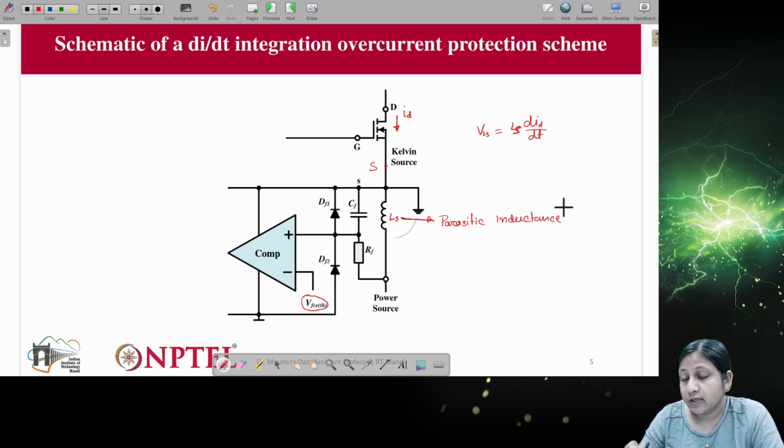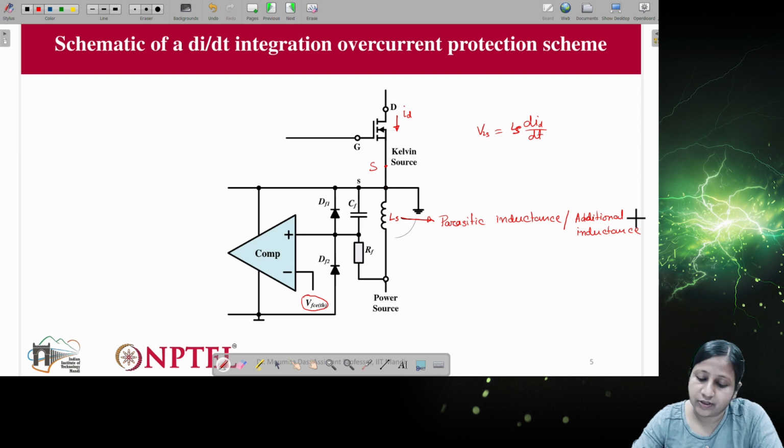But if this is not sufficient, we can also have additional inductance added separately for this kind of protection.